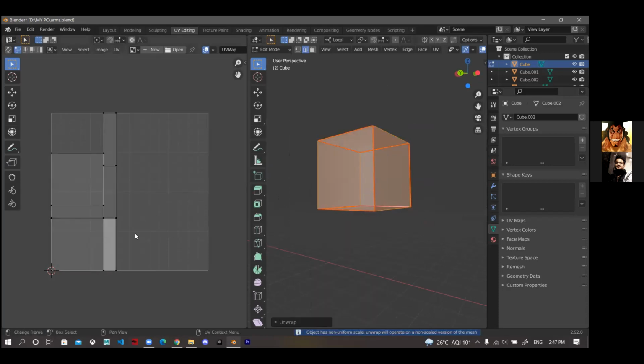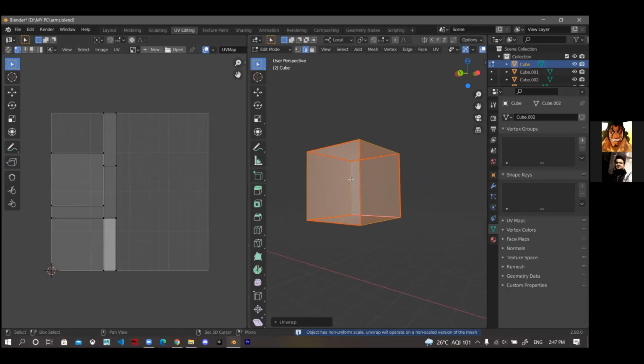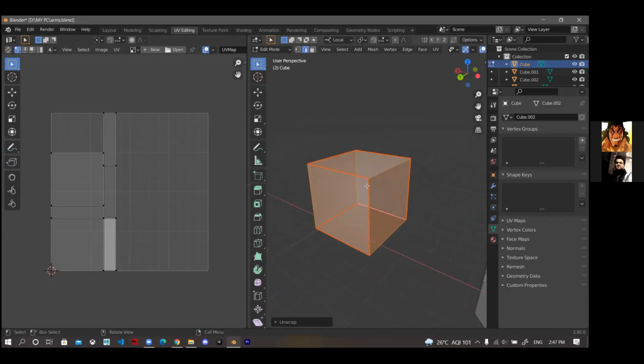What it does is it basically unwraps the full 3D cube the way I cut it.